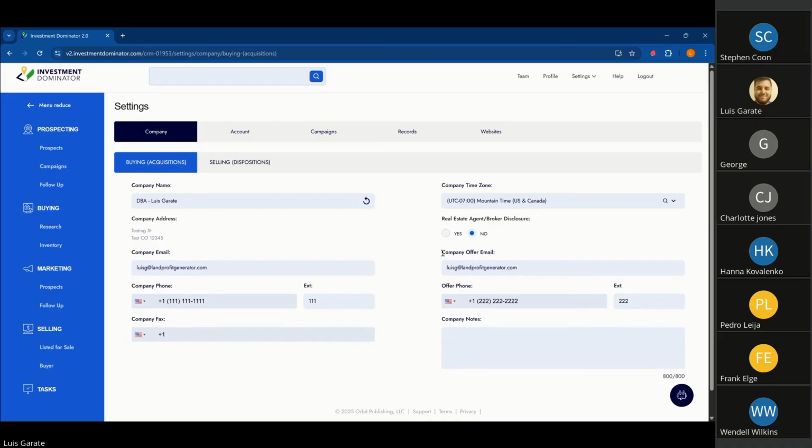Next up, the company offer email. So you do have the option to have a second email, right? One exclusive to just offers. What we mean by offers is this email is not going to be advertised anywhere except on the offers that you're sending, right? So you're going to send what's called the offer package. That's like an oversized envelope with a cover letter, an actual offer letter with an offer amount. I offer you this much for your property, and